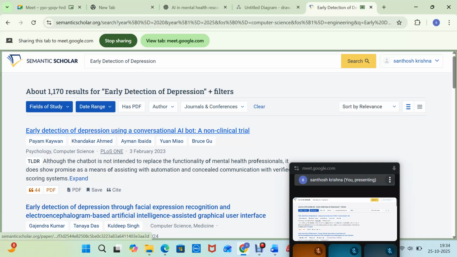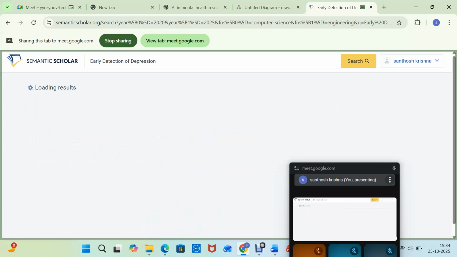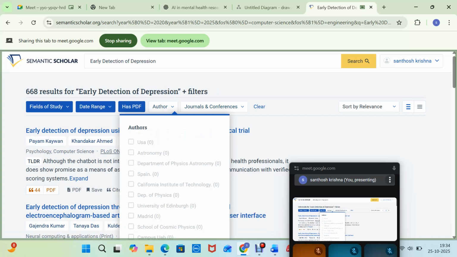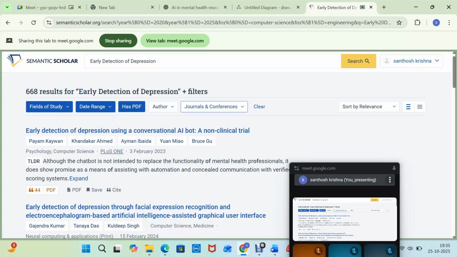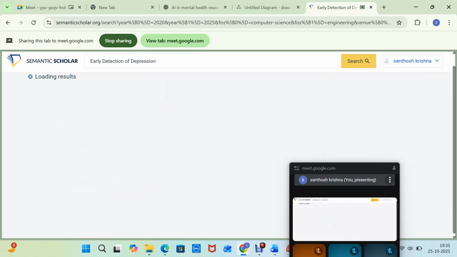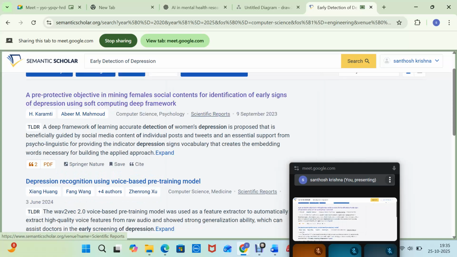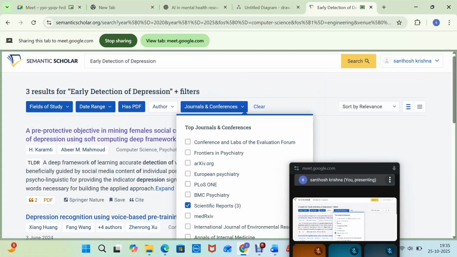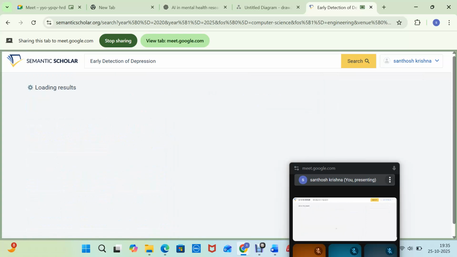I am very particular that a paper should have a PDF so that I can see it. Author-wise, I don't want to filter. Here I am segregating. In the last 5 years, these are the top journals where we are getting published papers. I am shortlisting high-standard journals such as Scientific Reports, and I will take PLOS One also.